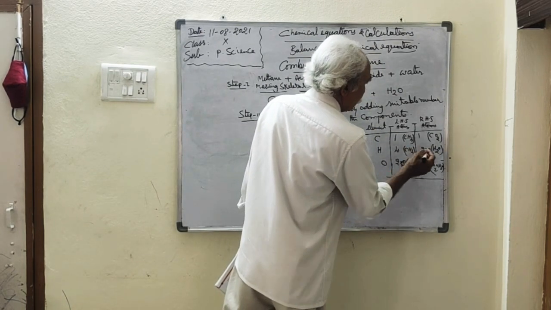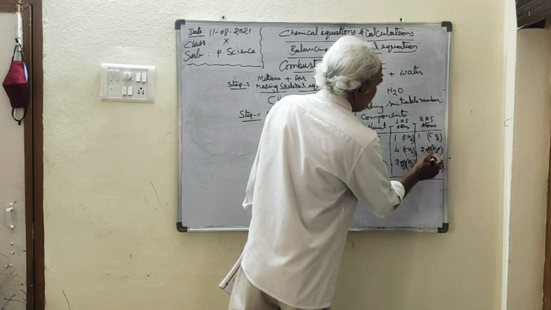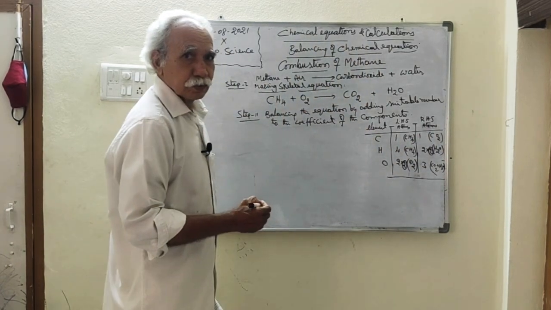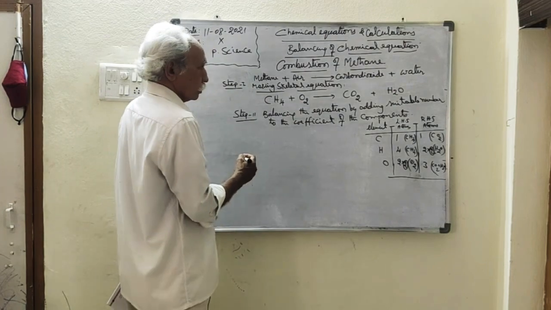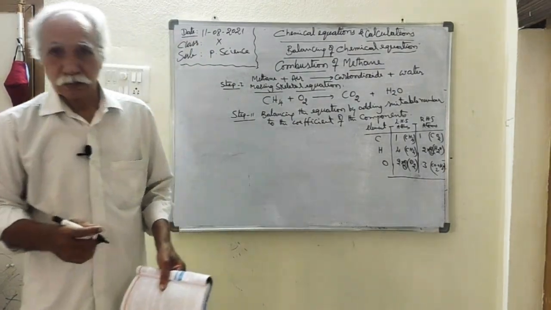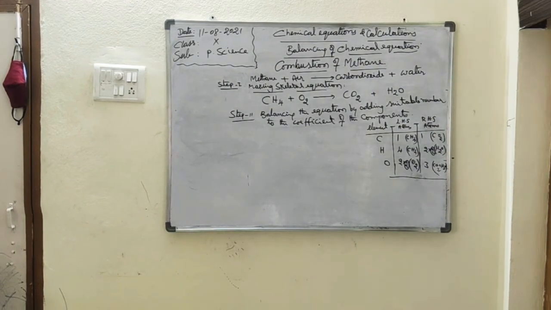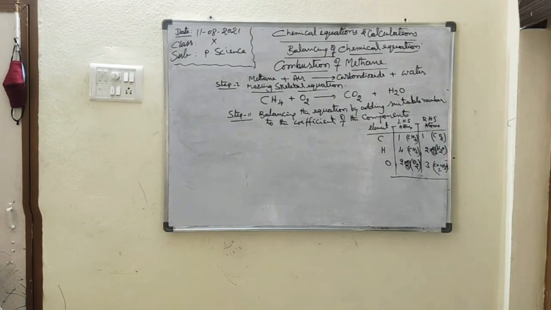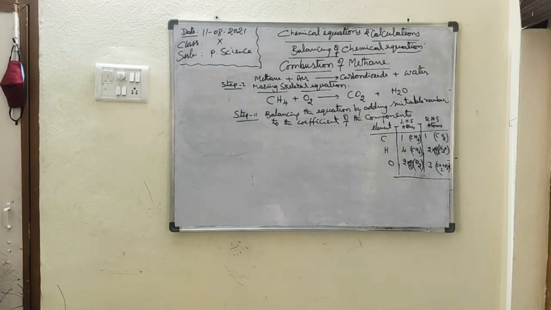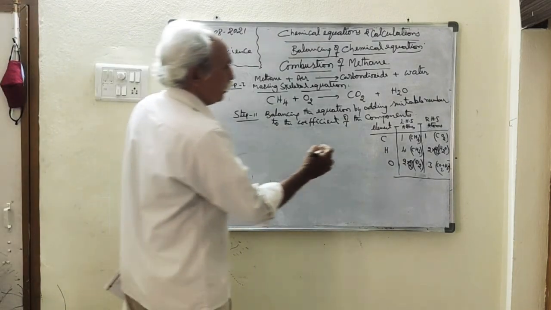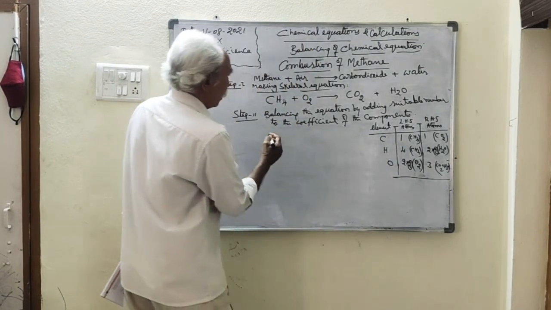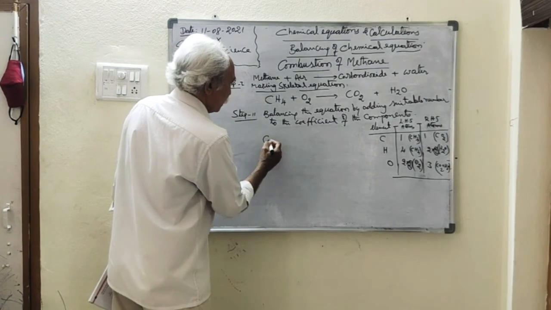One is O2 and one is H2O. So therefore you can write the equation as CH4